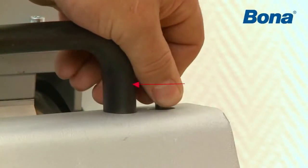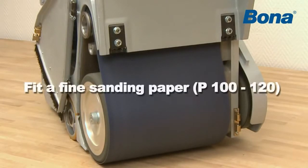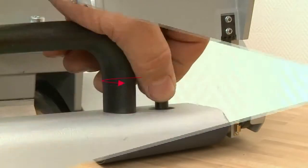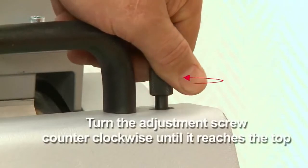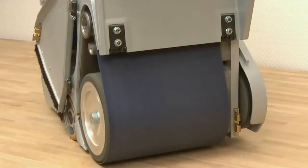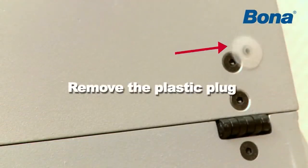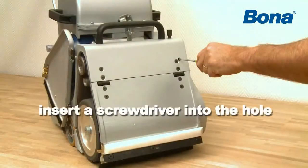If the sanding belt is still not centered, then do the following. Fit a fine sanding paper, P100 to 120. Turn the fine adjustment screw counterclockwise until it reaches the top. Start the machine. Remove the plastic plug that protects the coarse adjustment screw and insert a screwdriver into the hole